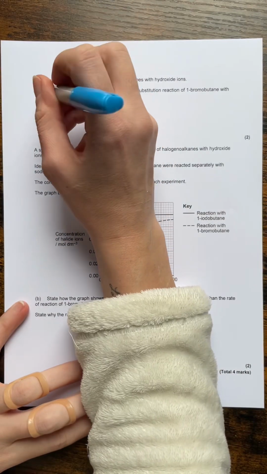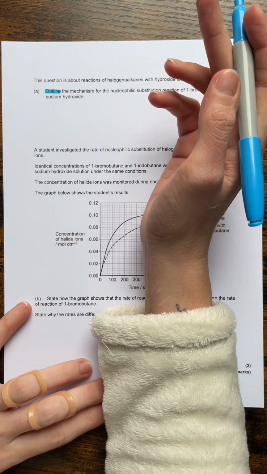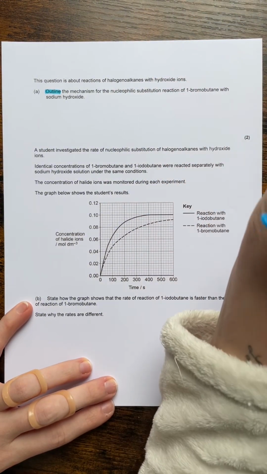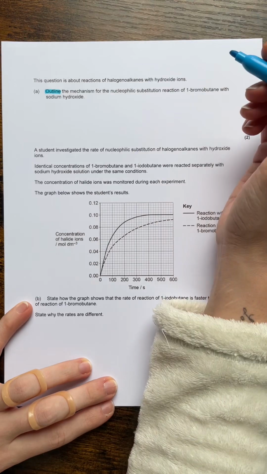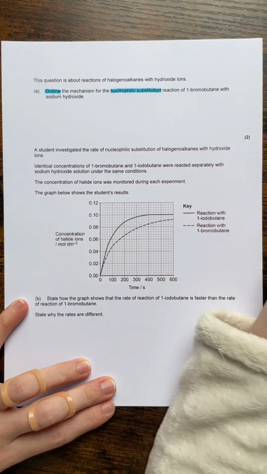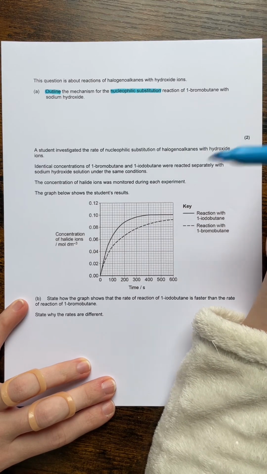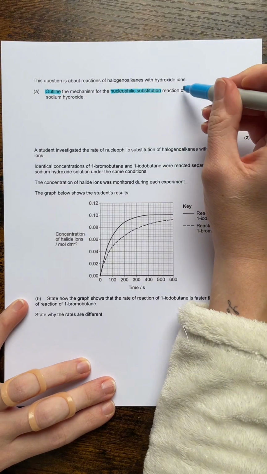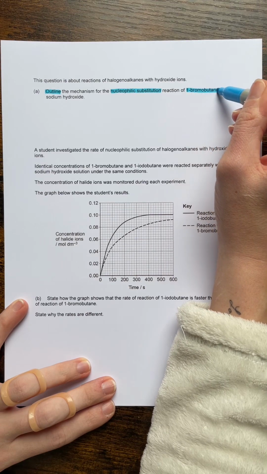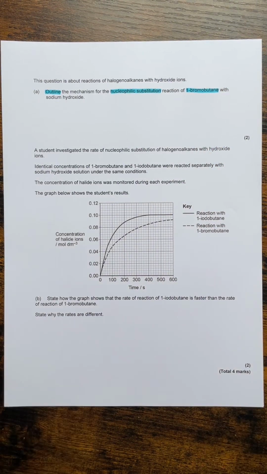So, outline just means draw. I don't know why we use the word outline and not draw, but that's how it will be in all of the exam questions. You won't always get told which mechanism it is that we're thinking about. There's different ways they can present that. They might give you the name or formula structure of the reactant and the product,